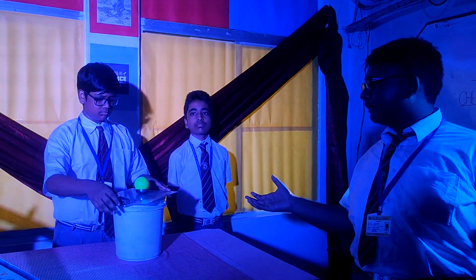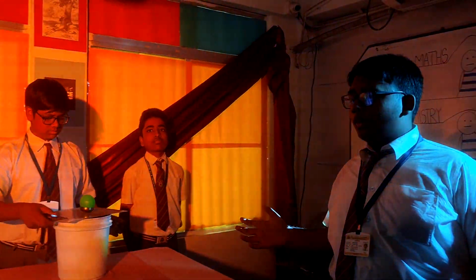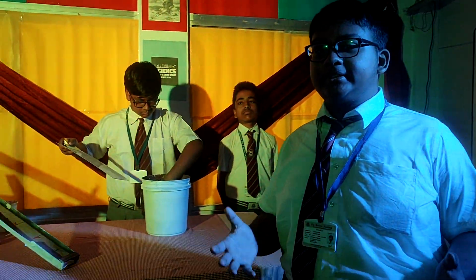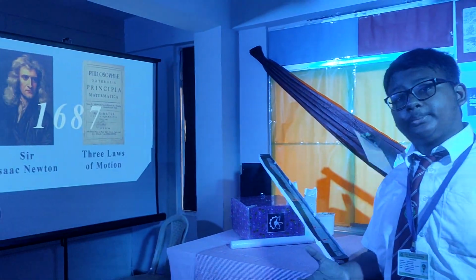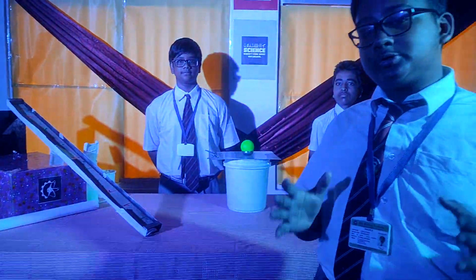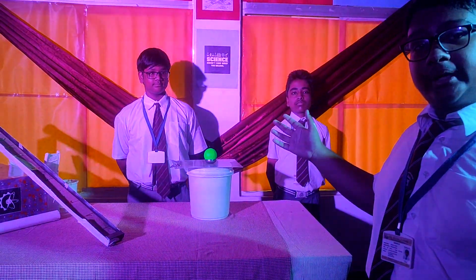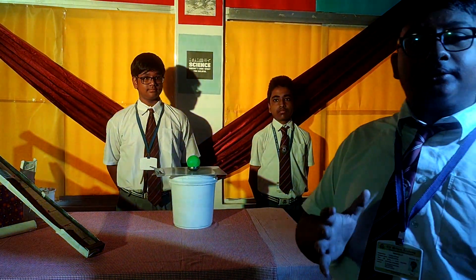Why did this happen, Abhiraj? Well, it's really simple. It's due to inertia of rest. An object at rest will continue to remain at rest unless an external force intervenes. This is also the reason why the ball fell straight into the tumbler, because the only force acting